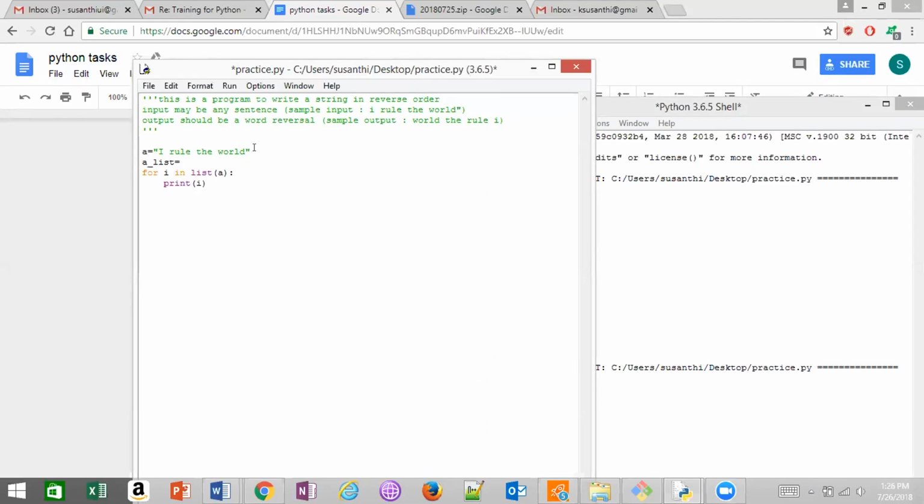A underscore list is equal to A dot split. Next, reverse. So now what I will do is print A underscore list. What we can do is